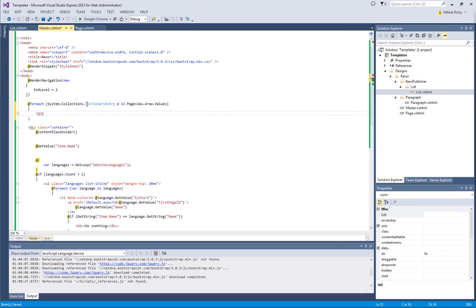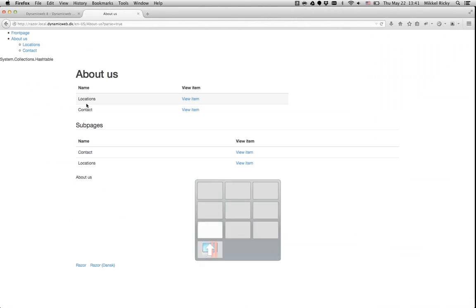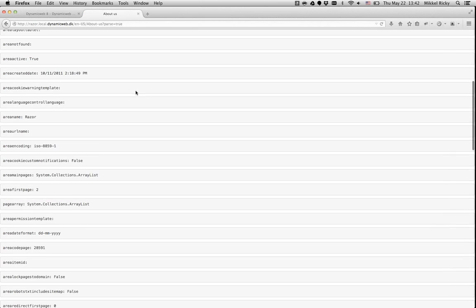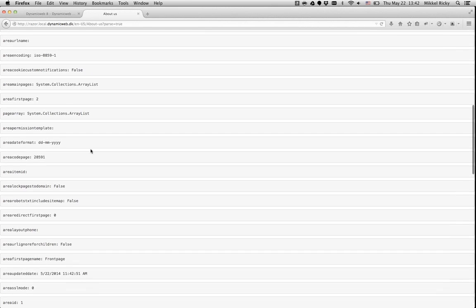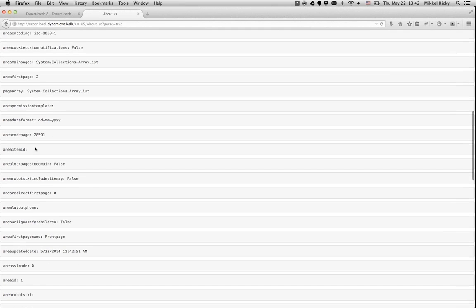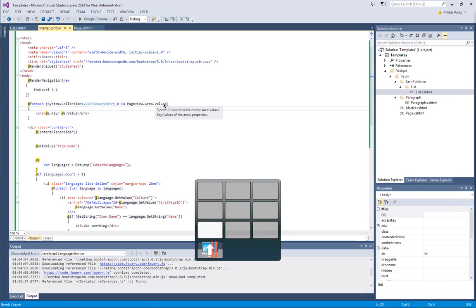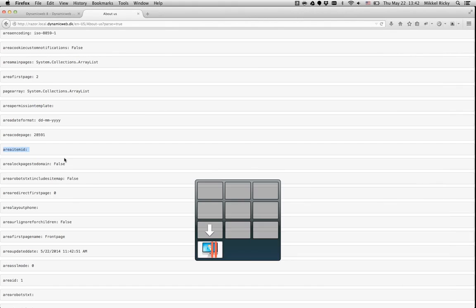And then I can write it like this, e.key, e.value. I may get this right. Yeah, here you have it. So these are basically the keys you can use. And if you get them directly from the values collection, then of course you have to match the keys with